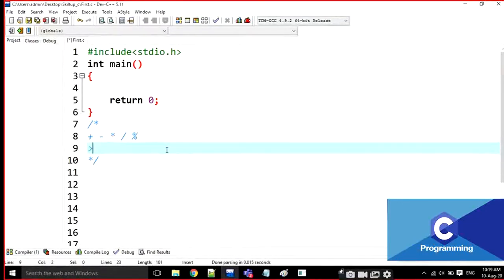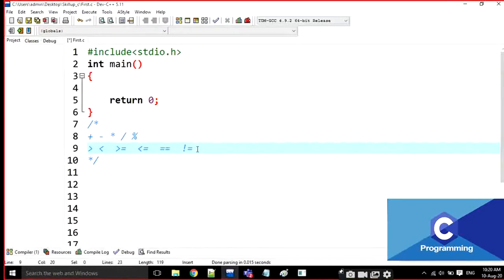Greater than, less than, greater than or equal to, less than or equal to, and double equal to, that means is it equal or not, and not equal to.